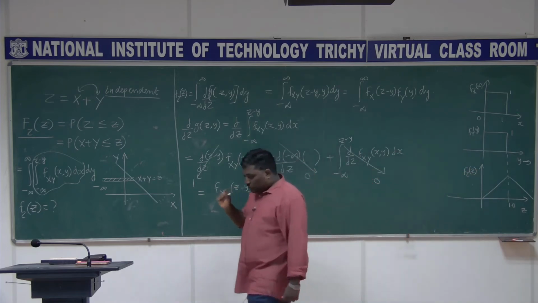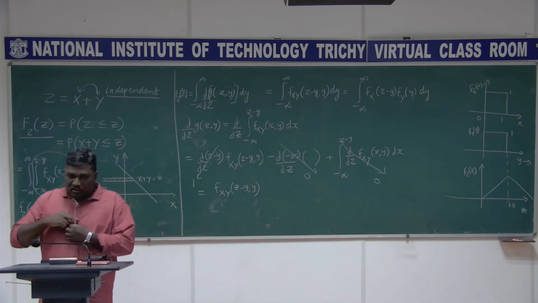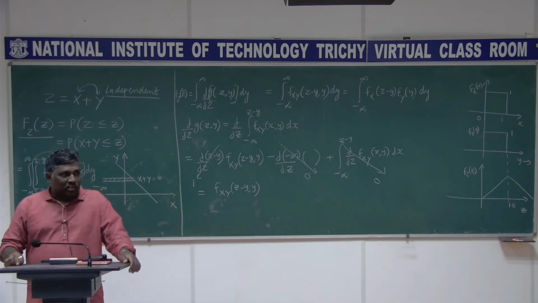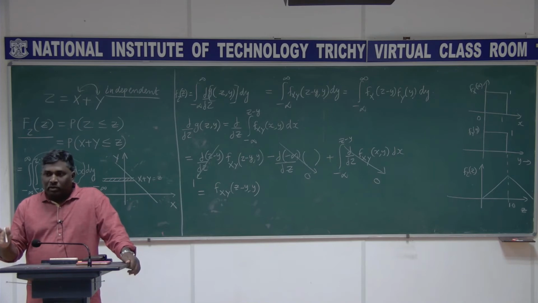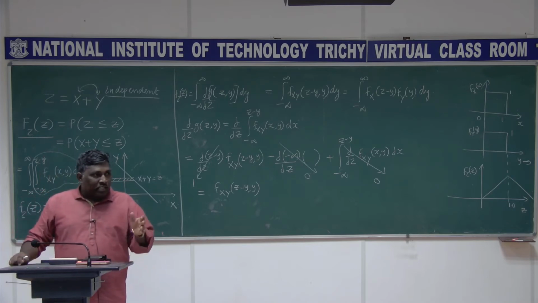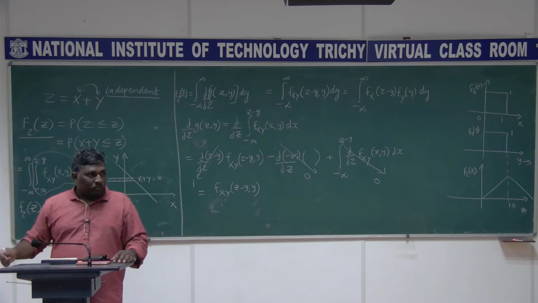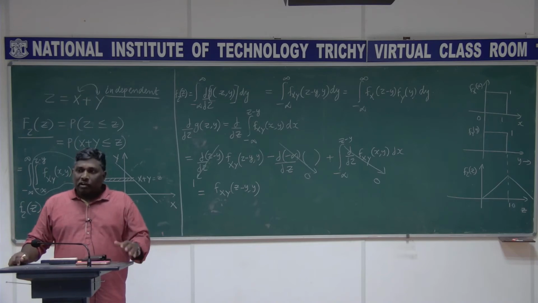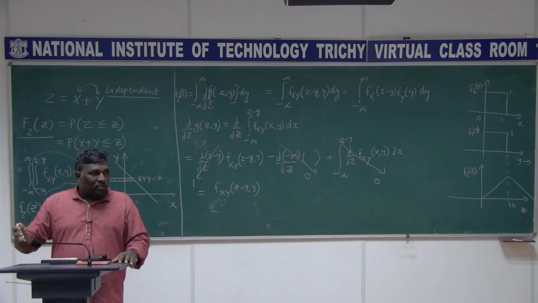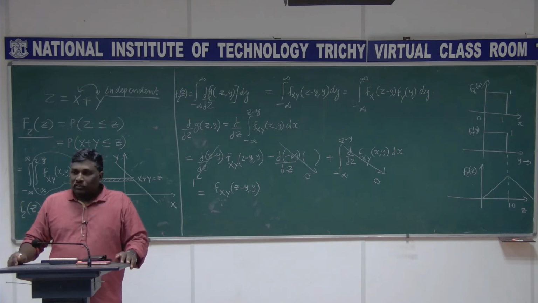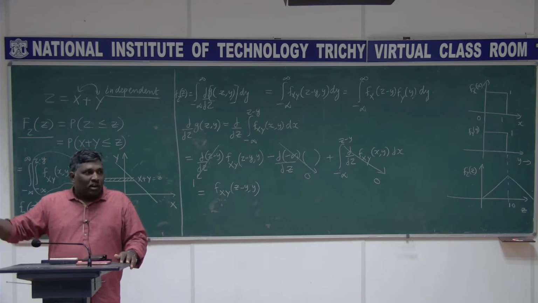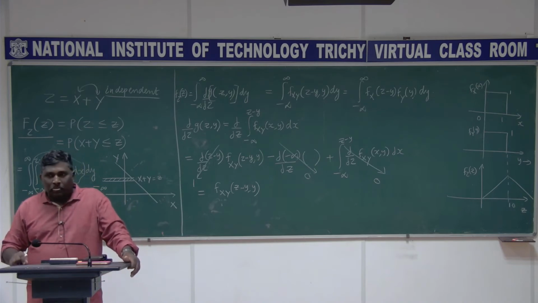I am purposely choosing this particular example to make you understand that when we have two independent random variables x and y, both uniformly distributed, z equal to x plus y ends up with a triangular shape. Suppose I have one more, z equal to p plus q plus r, where p is uniformly distributed, q is uniformly distributed, and r is also uniformly distributed. In that case, what is happening?